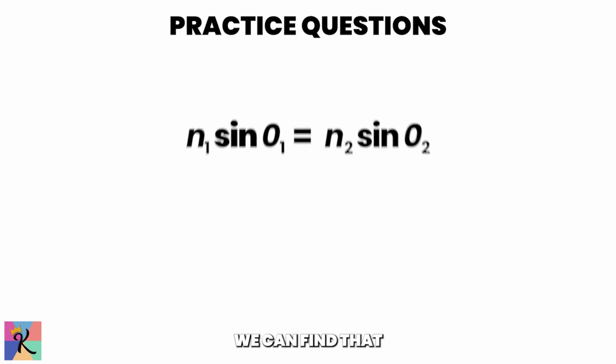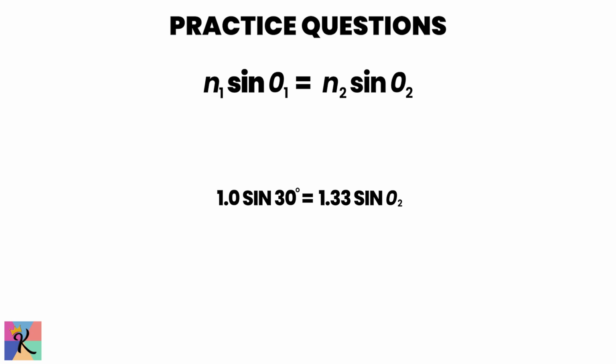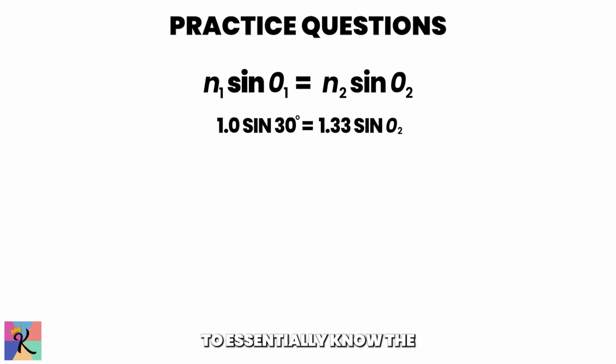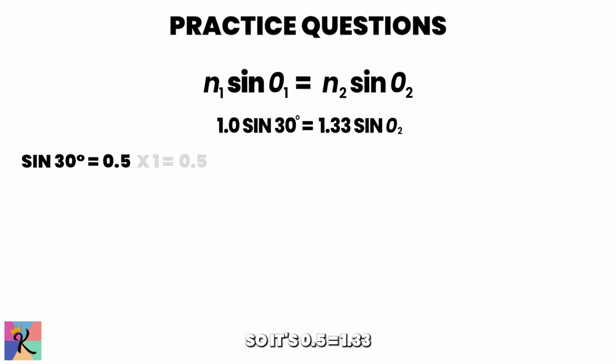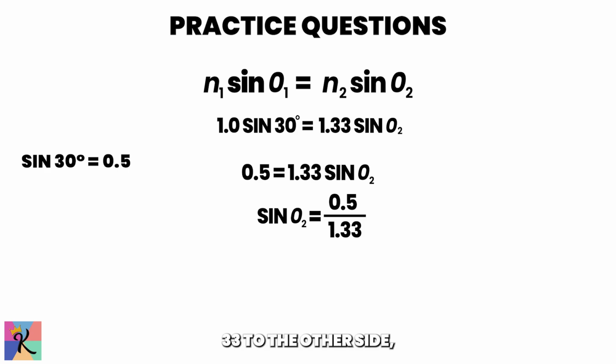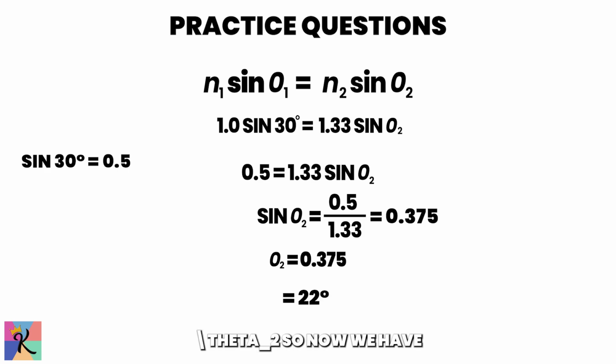Using Snell's law, we can find that it's 1 sine of 30 is equal to 1.33 sine of theta 2, and we're solving for theta 2. So the way to tackle this for the MCAT is to essentially know the sines and understand what sine of 30 equals, and that's about 0.5. So basically you're taking 0.5 and multiplying it by 1, so it's 0.5, which is equal to 1.33 sine of theta 2. So now we divide 1.33 to the other side, and we get 0.375 is equal to the sine of theta 2. So now we have to take the inverse of sine,